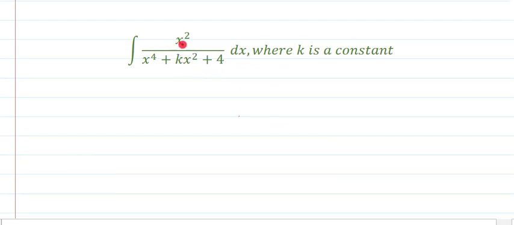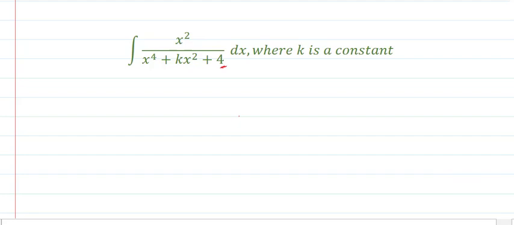Now observe the change again. Here we have neither x square minus 1 nor x square plus 1. We have just x square. And in the denominator I have also changed 1 into 4. So what will we do if such changes are there? Number one, we need to create the same term in the numerator, either x square minus a constant or x square plus a constant, and that constant depends upon this term. If we have 4 here, we should create 2 in the numerator, meaning either x square minus 2 or x square plus 2. Why is this so?